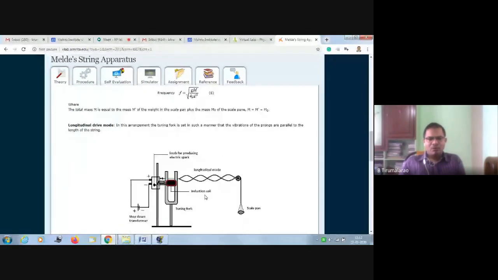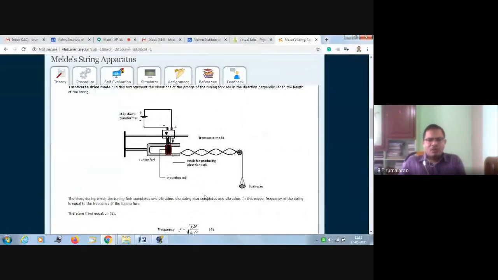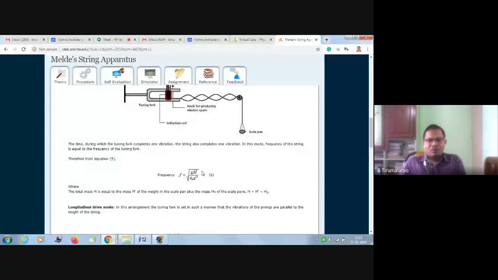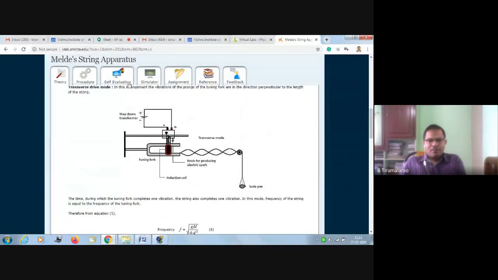But you have to remember one thing. What is the transverse mode? What is the longitudinal mode? This is the apparatus: this is the electrically maintained tuning fork. This is the induction coil. These are the step down transformer. These are the small wires connected with the